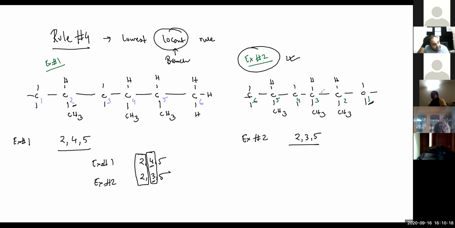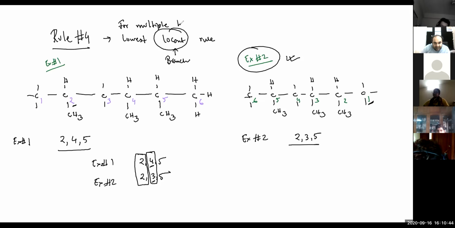তাহলে এখানে তোমরা কি কি শিখলা? রুল 3 তে you have learned that you'll start numbering from the side which will give you the lowest possible number for your branch. এটা যদি একটা ব্রাঞ্চ থাকে, আর তোমার যদি মাল্টিপল ব্রাঞ্চ থাকে, এটা হলো ফর মাল্টিপল ব্রাঞ্চেস, লিখে রাখো, ফর মাল্টিপল ব্রাঞ্চ or side chain. তাহলে এখানে লিখে রাখো যে